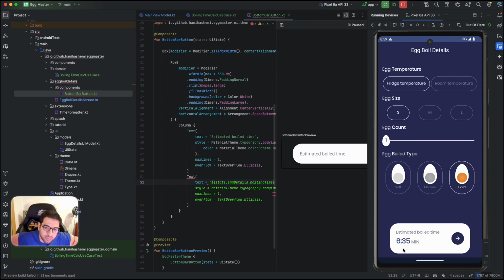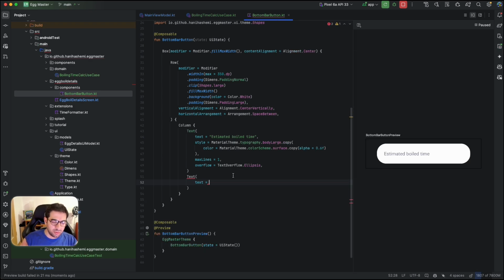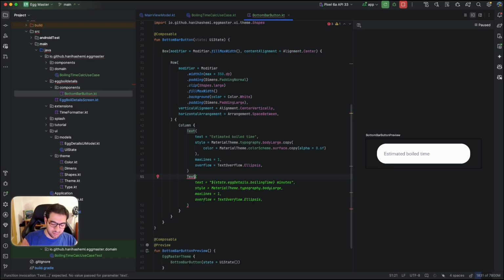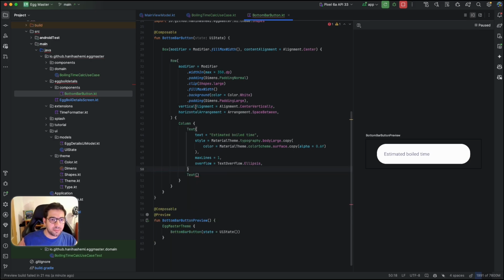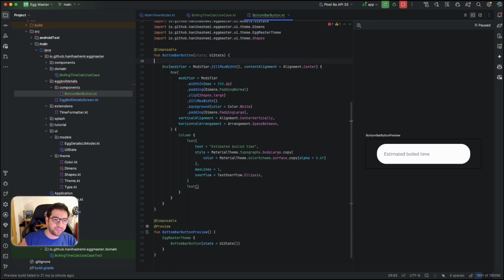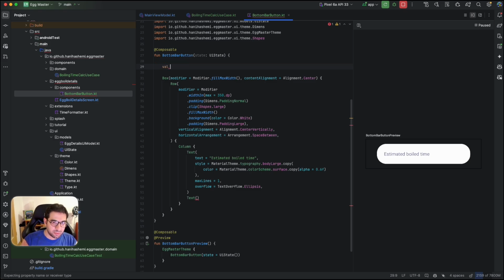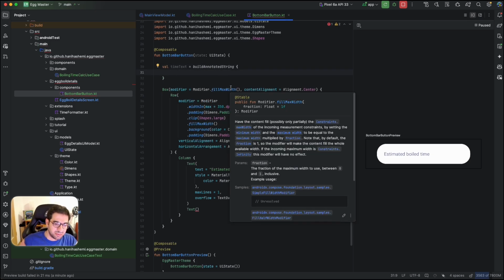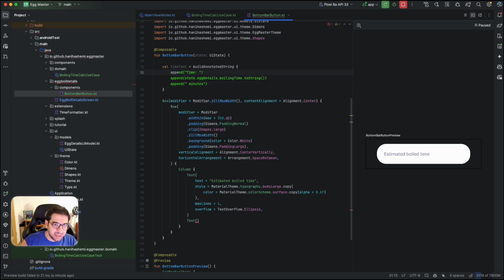And so here I'm going to use one text, but the thing is that it's gonna have two different styles. To do so, let me remove this part and come to the top of the function that we have. I'm going to define a variable which would be time text, build annotated string, right? At first I want to append